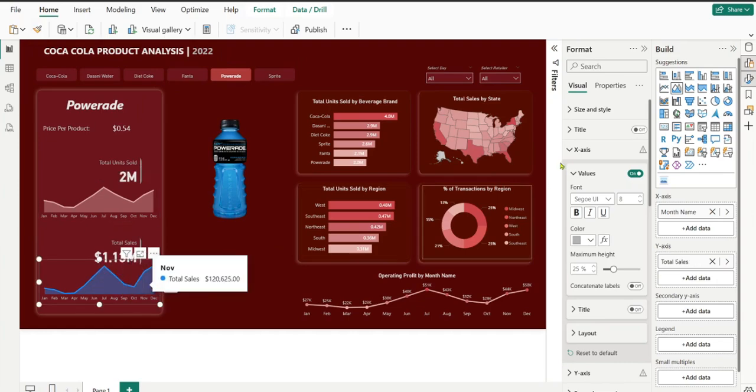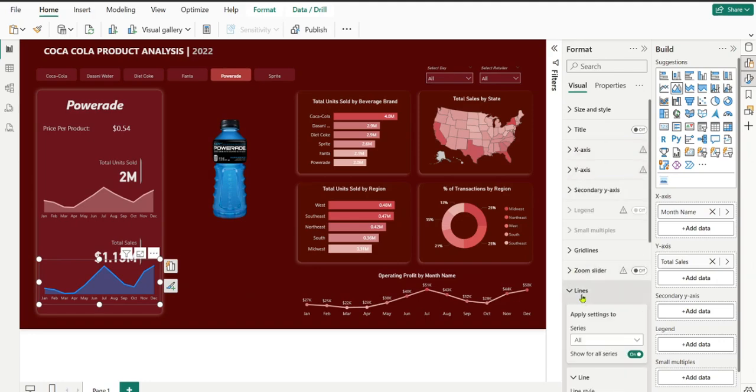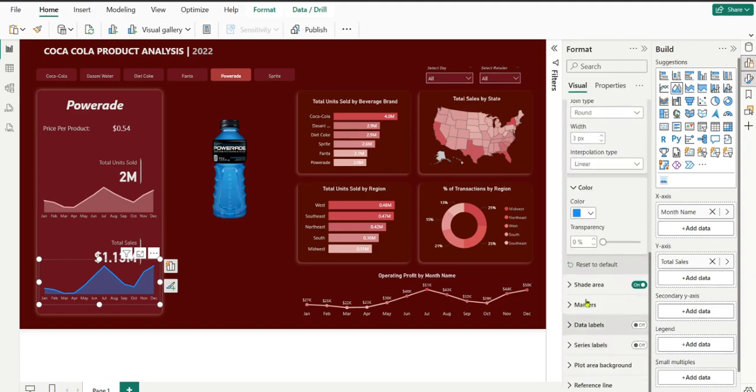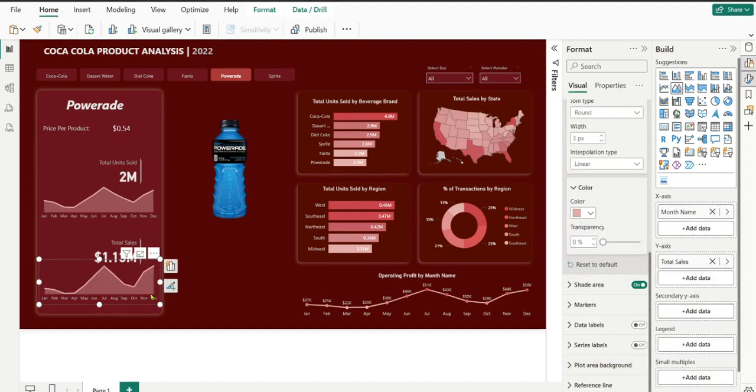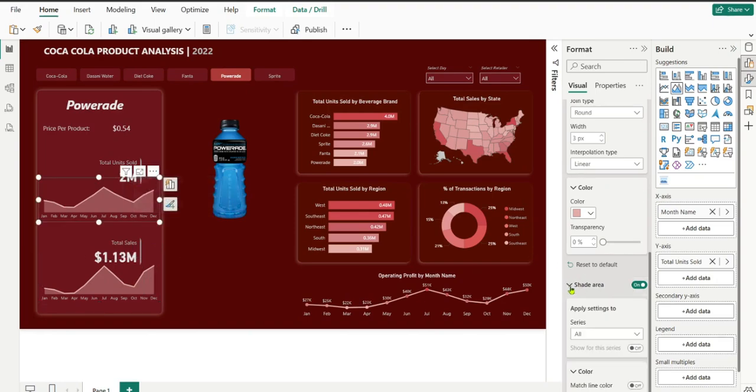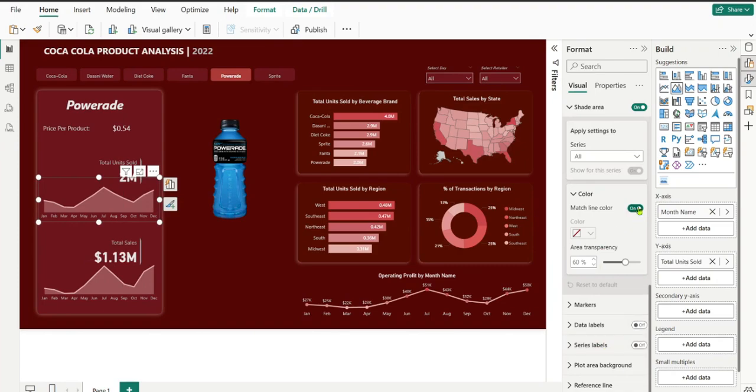Okay, so it seems that did not work. That's fine. We can just go to line, go to color, and select that same color we used. So it will apply to the shade area. If you want to change the shade area, it's also simple. Just go to shade area and choose a different color. You can either match line color or put in your own color which you would like to use for